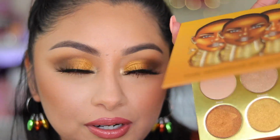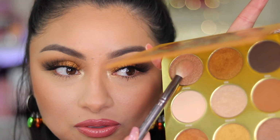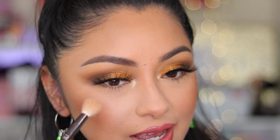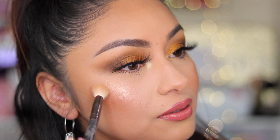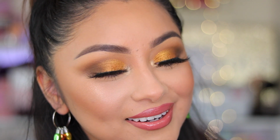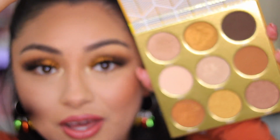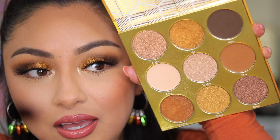I really wanted to try one of the shades from this palette here. I'm going to use the color Amina, which is this one right here. Oh my god, stupid palette keeps closing on me. I'm going to use that as a highlighter. So let's see how that turns out. I'm going to just go ahead and place it right in here. Whew! That is really much. There's so many other shimmers in here that I think will work really great for all skin tones as